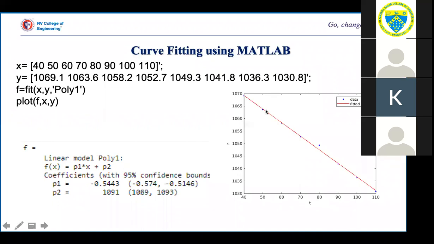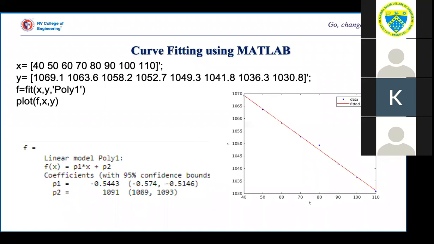Correct? Yeah. Now, let us analyze this. This red line is the line we have fit now. These blue dots are the actual data points. Before fitting, you can just observe the trend and decide which curve best suits the present situation. See here, they have clustered around a straight line. When you fit a straight line, only one point is deviating from this. So the method of least squares is the best method to fit a curve. But you should know the trend and you should decide which curve best suits the data.